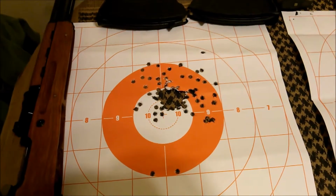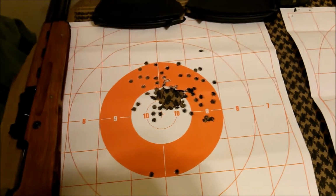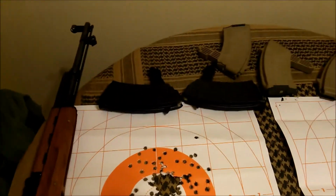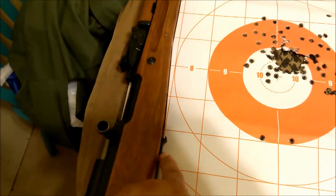It's a little over 4 inches because each of these squares is 2. So at 50 yards, not bad. I was using, as you can see, I took out the